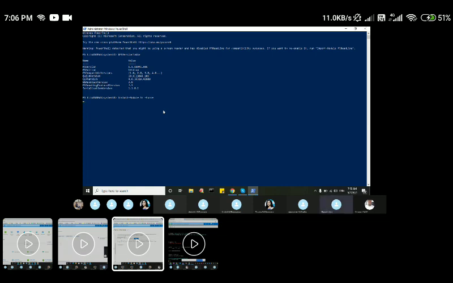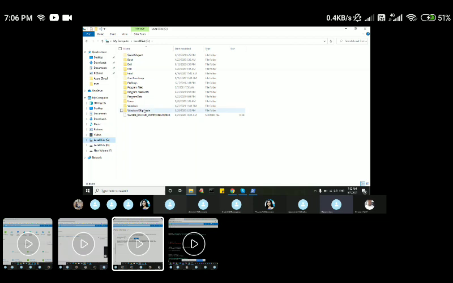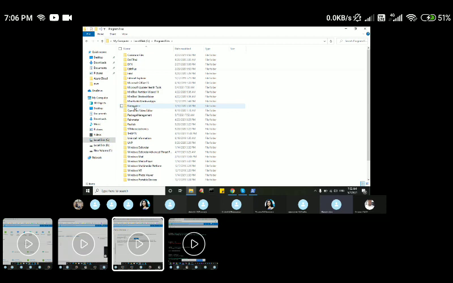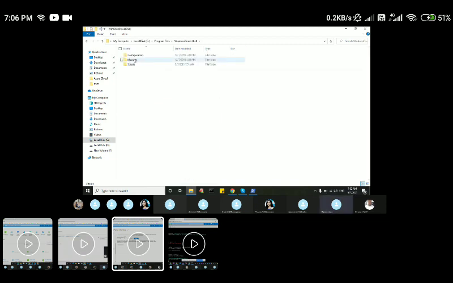And if the cursor is blinking below the command, that means it is in progress. And if you wanted to see where these modules are installing, just go to your C directory, go to program files, not 86, yeah, program files. And the last, if you come down, you could see Windows PowerShell, right? Open it, click on modules. And currently here you don't have any modules installed related to Azure.